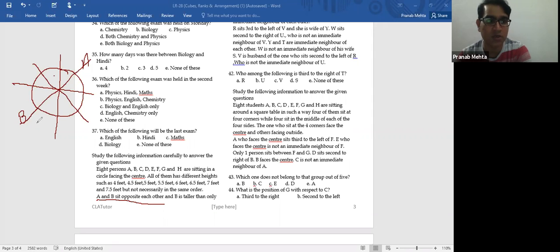Remember, you can take any position. The reason why I'm not taking this and this and this is because most of the time people take those and can solve, but I'm taking different values so that you can understand that we can still manage to get our answer. There's no issue. So A and B are sitting opposite to each other, and I have marked them.